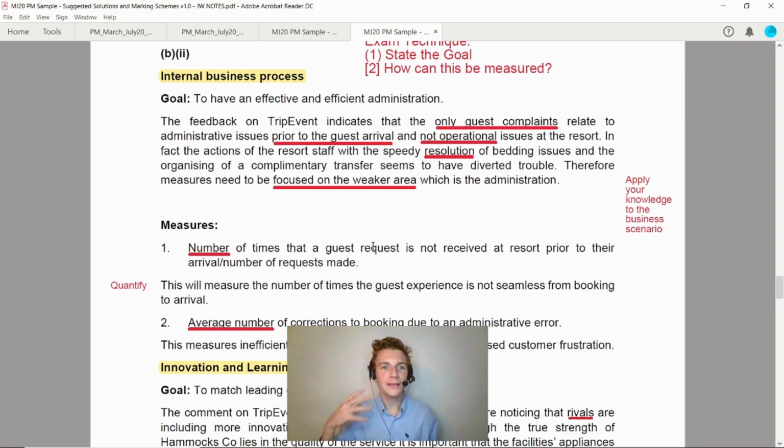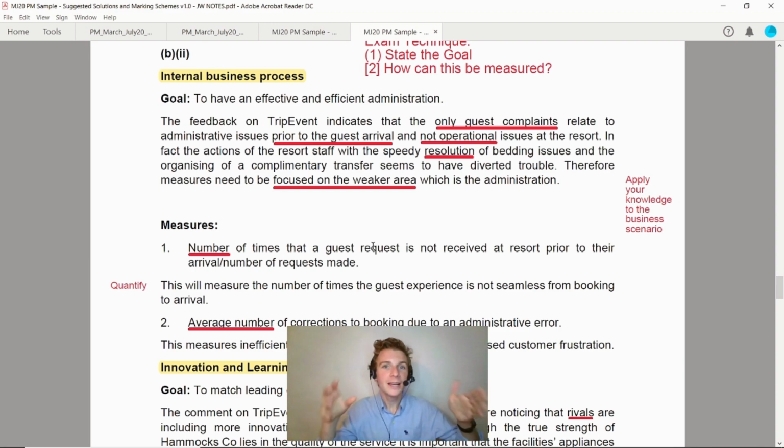So first of all, look at the internal business process on here. State that goal, like it said in the requirement, don't miss out on it. In other words, what didn't we do very well at? So apply your knowledge to the business scenario along with that question analysis. So to have an effective and efficient administration, we know there are errors there. So the feedback from Trip Event indicates that only a few complaints relate to administrative issues prior,